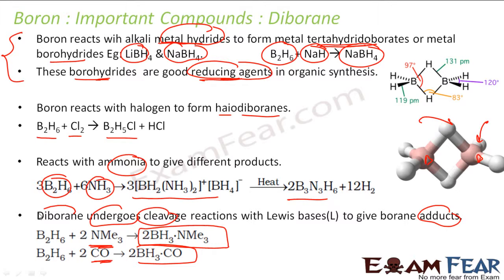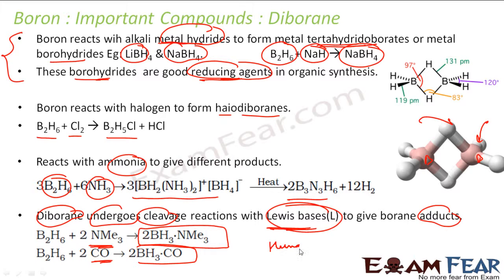So this diborane undergoes cleavage reactions with Lewis bases. These are my Lewis bases because they will donate an electron pair, right? Lewis acids are the ones which accept an electron pair, and the Lewis base is the one which donates an electron pair. For example, carbon monoxide has extra electrons, right? Oxygen, if you see, they are ready to donate electrons, and the diborane reacts only with, please note, Lewis bases, and it undergoes cleavage reaction because this guy is hungry.